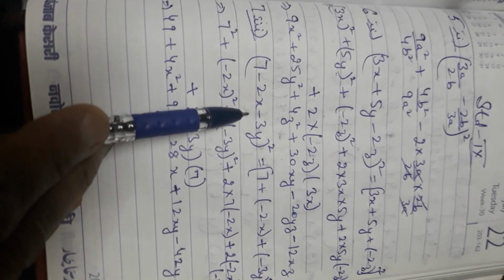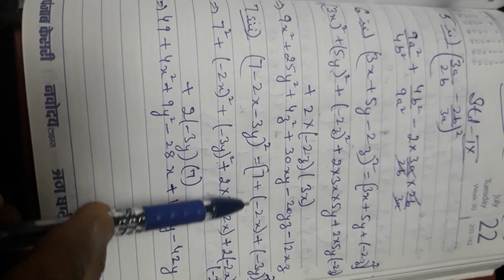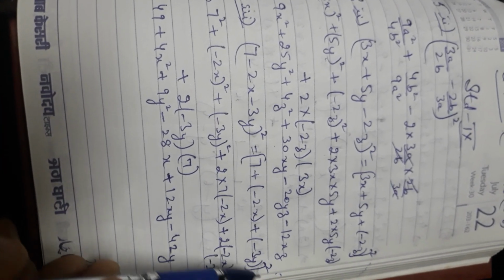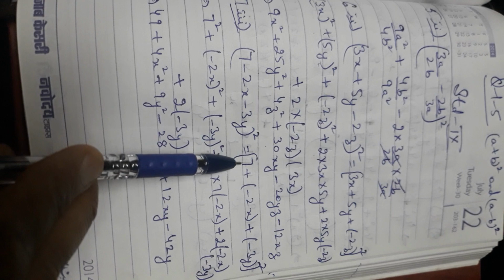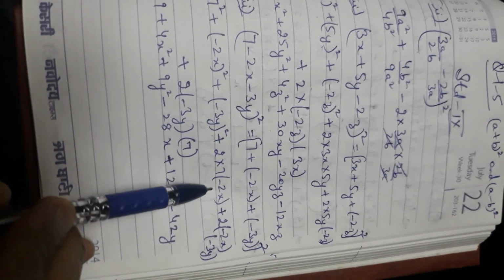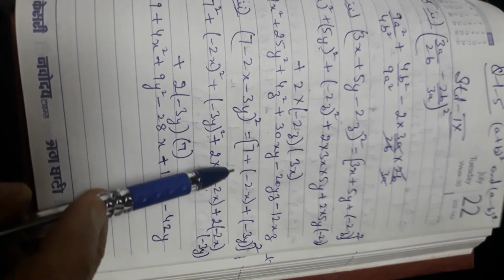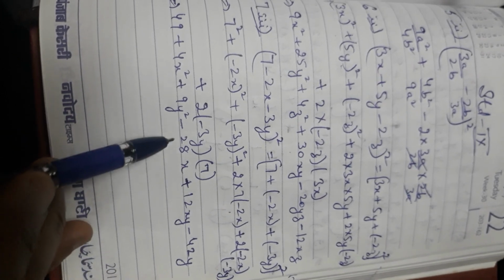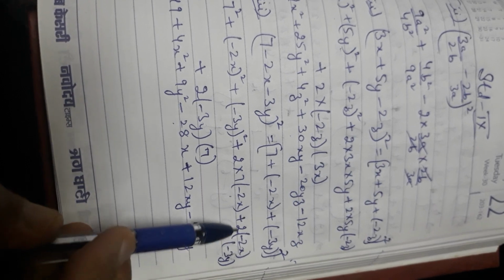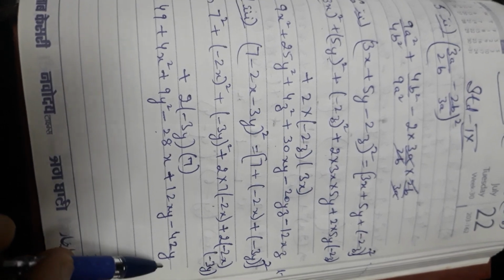Now similarly, third part: here 7 minus 2x minus 3y, first we make it 7 plus minus 2x plus minus 3y whole square. So that is a square plus b square plus c square plus 2 into first term into second term. Along with the sign, remember you have to take plus 2 into this plus 2 into this into this. So square terms are always positive, after that here plus minus minus 28. Here see two negatives, so that makes you plus 12xy. Here plus minus minus 42y. This is how we proceed with the questions.